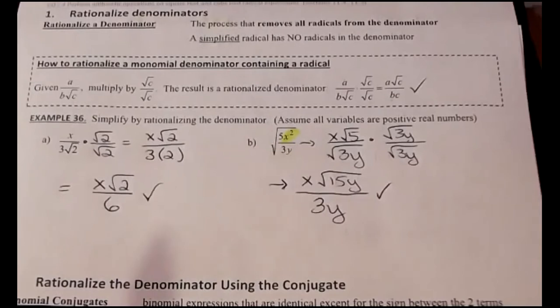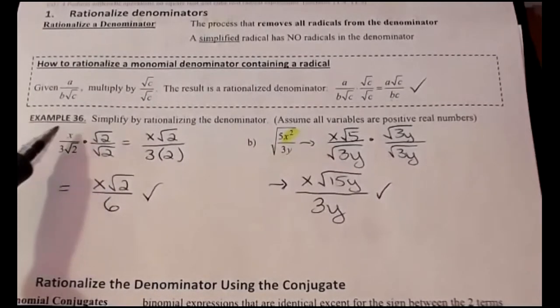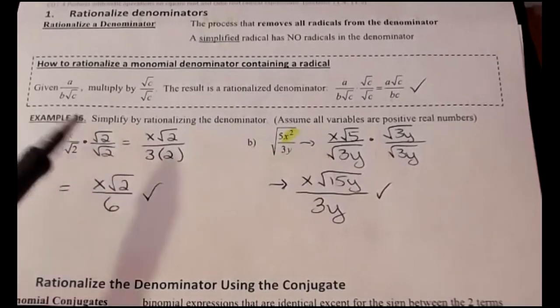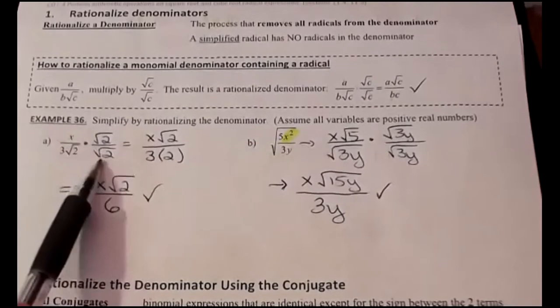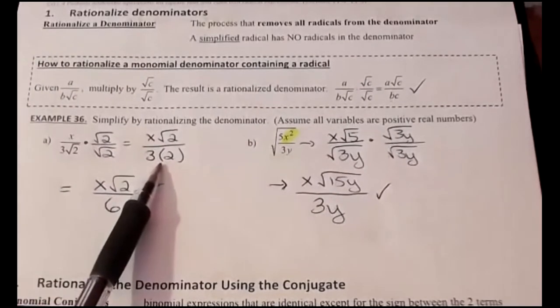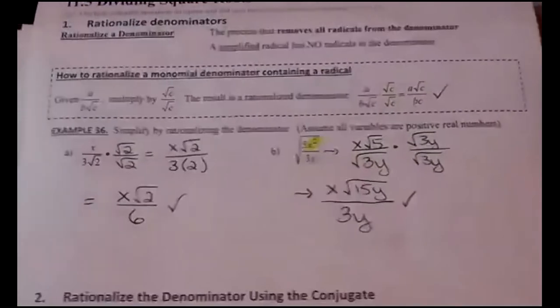So we rationalized by multiplying by that radical, the square root of 2, by itself, essentially. Now this worked out because we know that square root of 2 times square root of 2 is simply 2. Now here's the difference. When we look at,